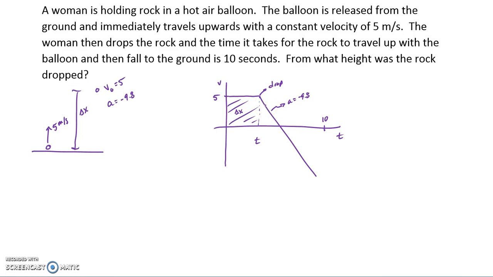Now, one thing I noticed is that if you throw something up, let me get another color here. If you take something and you take it to this height, well, that height's the displacement. And then when you drop it, well, it's going to keep going up a little bit, and it's going to come back down and land on the ground. So really, its displacement is the same. So the displacement going up and the displacement going down, if you add those two together, it started on the